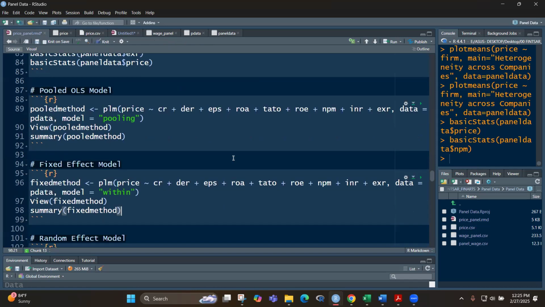So how do we run that, class? What we want to model is price, regressed on these variables, class, current ratio, etc. Our data is equal to P data, and the model is pooling. Okay, model is pooling. So if I run this, the pooled method, Control Enter,